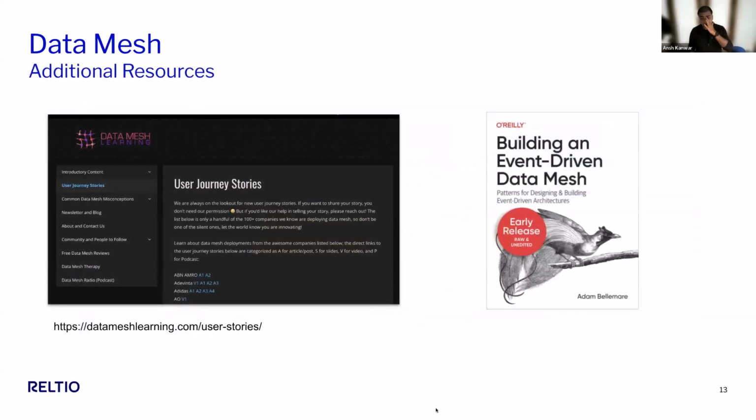All right, so I promised some breadcrumbs. On the data mesh topic, I think I've gone a little bit longer than I intended, but please do go look at Data Mesh Learning if you haven't. The thing I love about what they've collected are these user journey stories. That's stories from practitioners such as yourselves as they really grappled with these concepts and got to their answer for what the data mesh means to them.